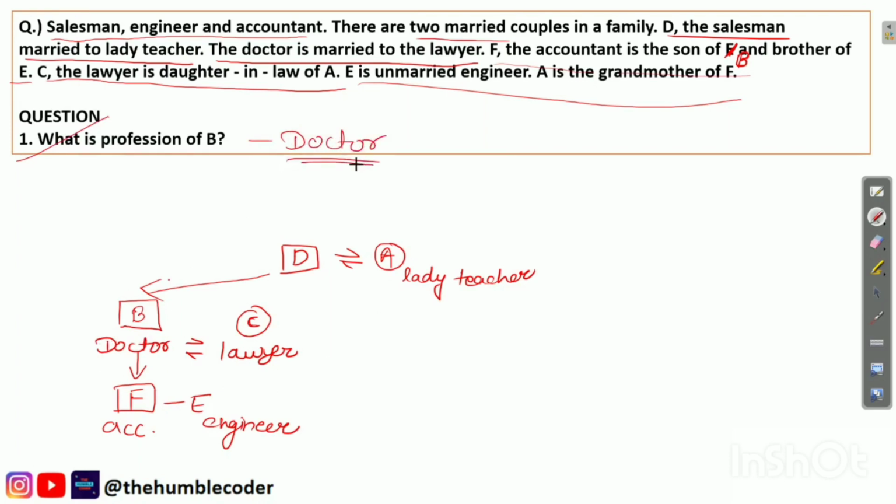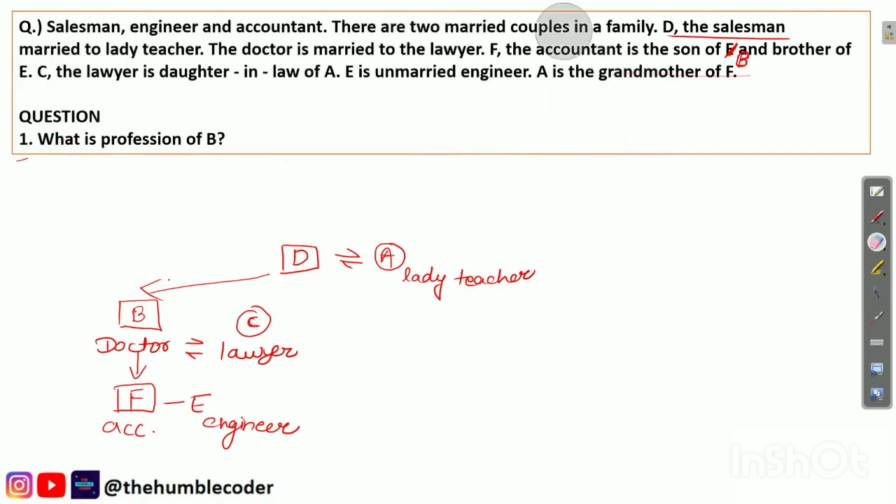Now I know that this question was a little bit tricky, so it totally depends on what is the level of your exam which you are attempting, because if the exam is of a level in which the questions of tough level are being asked, then you can only expect this question. Otherwise in many exams these kinds of questions are never being asked because this is a bit tricky question. Okay, so if you have already solved this, now you have already done the practice, you don't have to worry about it. So I hope now you have got the understanding of all the questions that are being asked in the exams based on family tree.